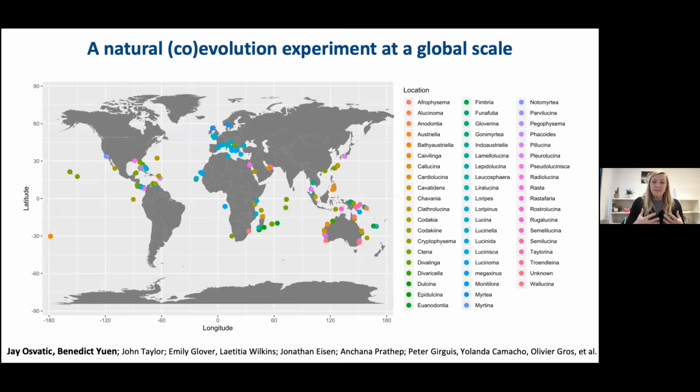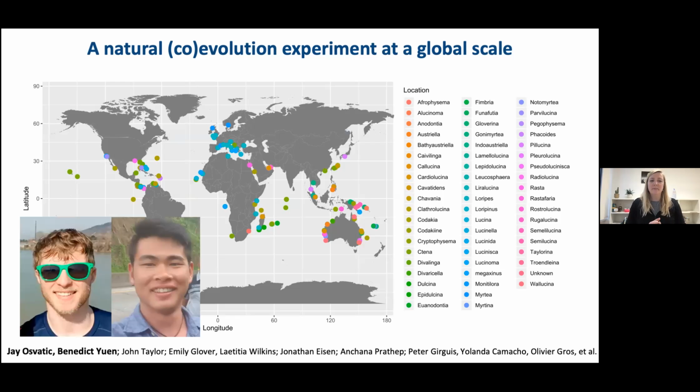And as I mentioned, we do have some samples from deep sea lucinids through many years. In the 6 years that I've been in Vienna, through a network of collaborators, we've tried to get our hands on every lucinid sample we possibly could. This has really been led by a postdoc, Benedict Yuen, and a PhD student, Jay Osbartik, in the lab, who put a lot of effort into searching natural history museum catalogues, and also going out into the field themselves to try and fill out